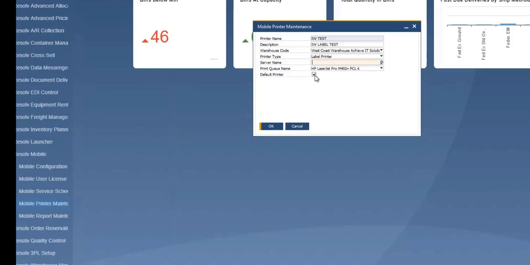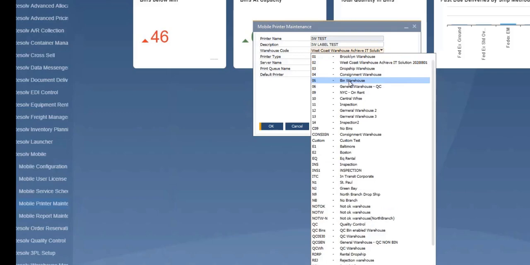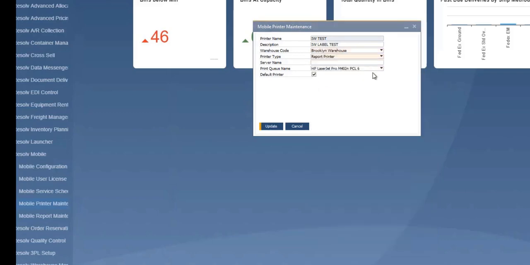The last checkbox here is setting that this is the default printer for this warehouse and printer type. So if I'm going to say West Coast label, I set this as default. This would be the default printer for that combination. If I said, let's say this is the Brooklyn warehouse and it's the report printer, and I check default, then I'm saying that's the default report printer for Brooklyn. So you have this level of detail to choose, warehouse and printer type, set a default for it,